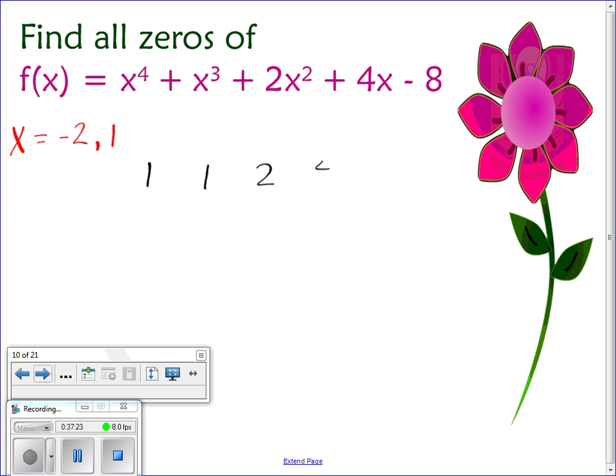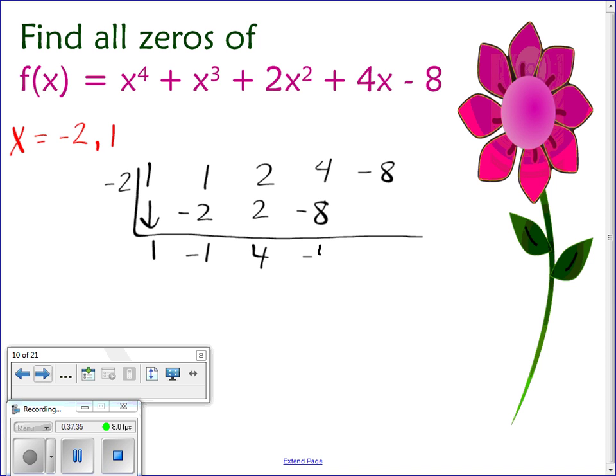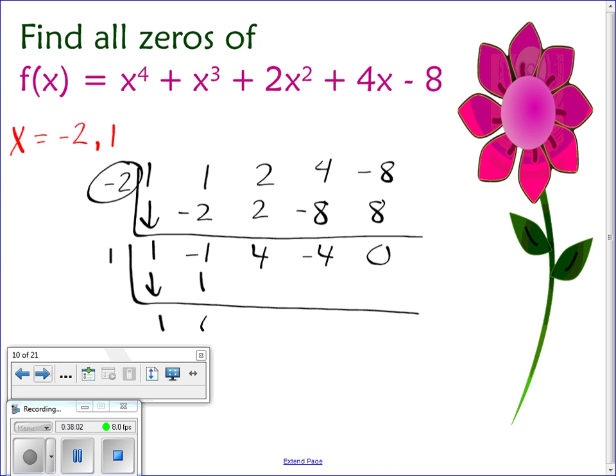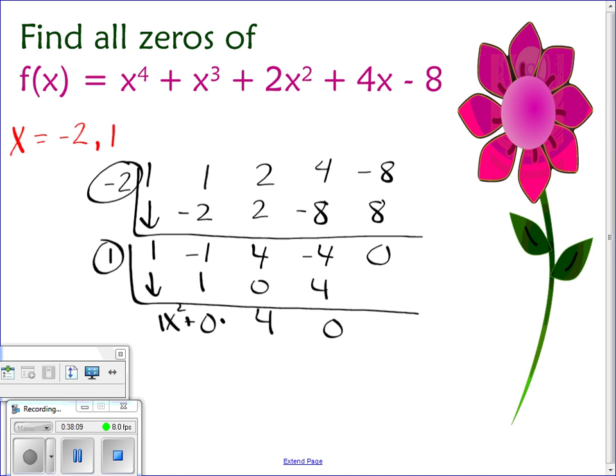So 1, 1, 2, 4, -8. Use -2. I used -2. Did you use -2? And synthetic with the 1. All right. So we're left